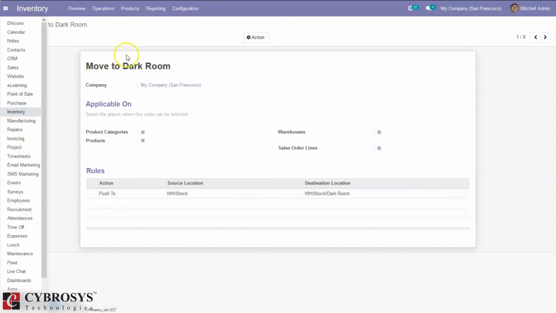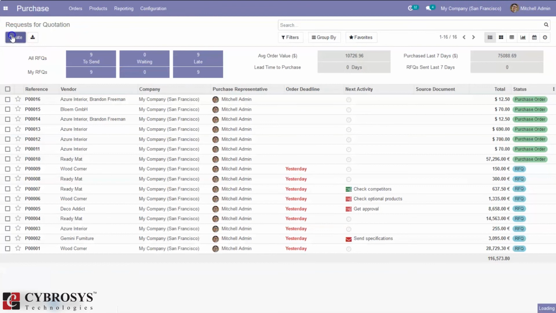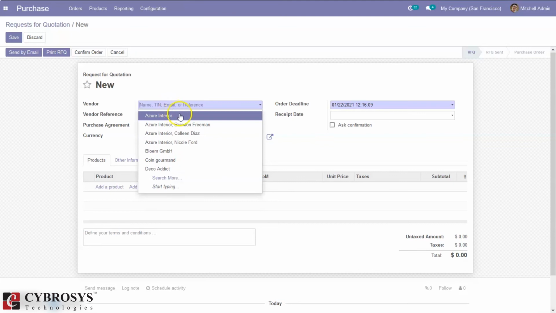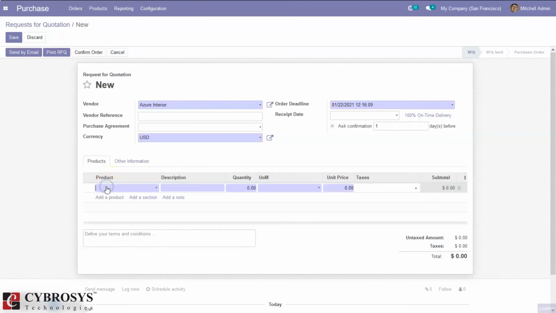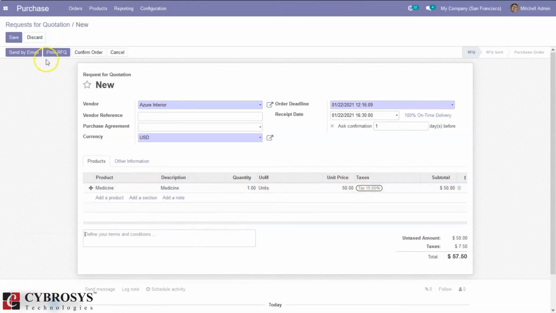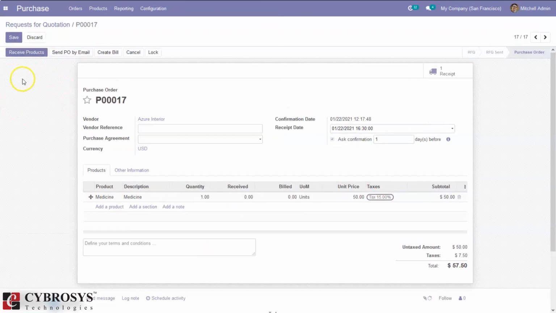For medicine we have already enabled this route. Confirm the order and receive products.